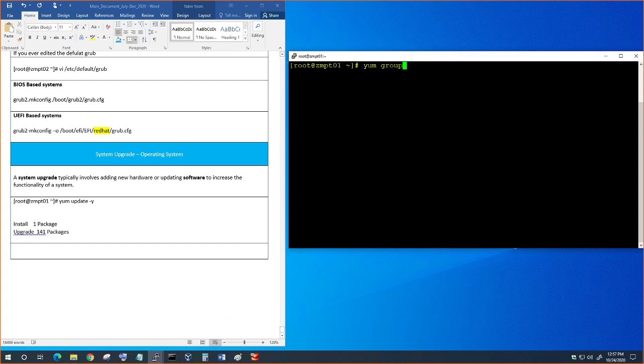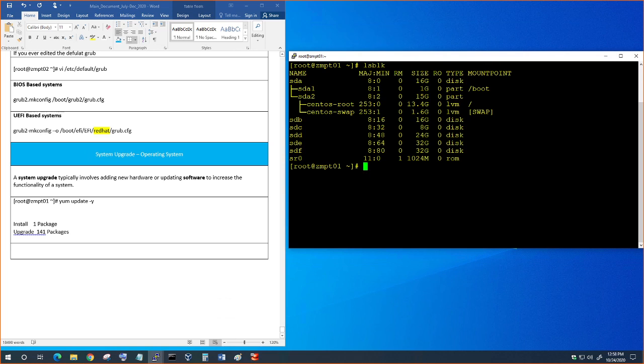Yum group install. We're going to install a big group here. We're going to leave it overnight, so it may take a few hours because it's going to download like 2 or 3 gigabytes. Before that, I'm going to do lsblk,